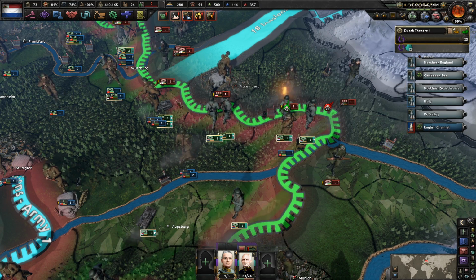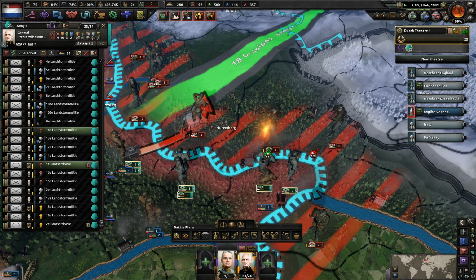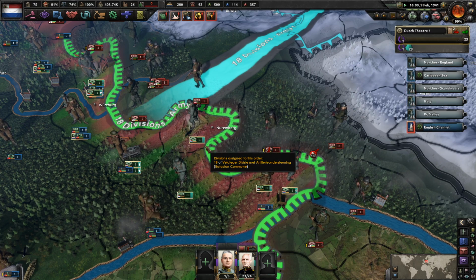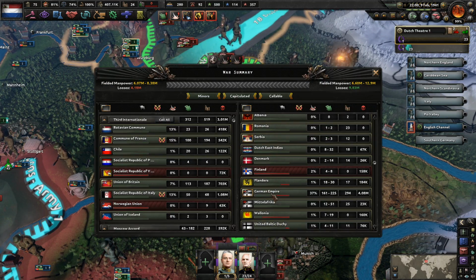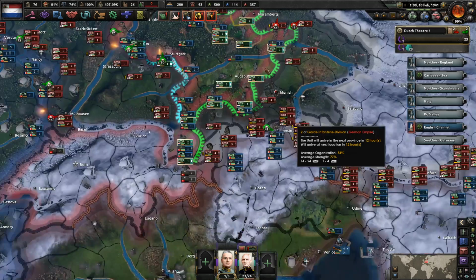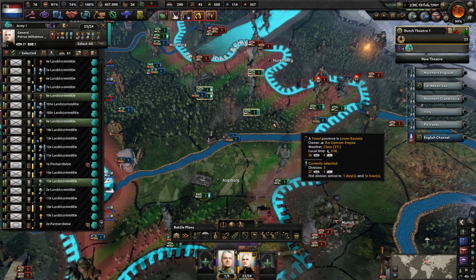We'll go 61% on you. Will you get to Nuremberg before these guys? I think so. Okay, fantastic. So that is a 15 victory point city. Germany has gone down to 66%, which I consider to be pretty good for us. Actually, I think right now,